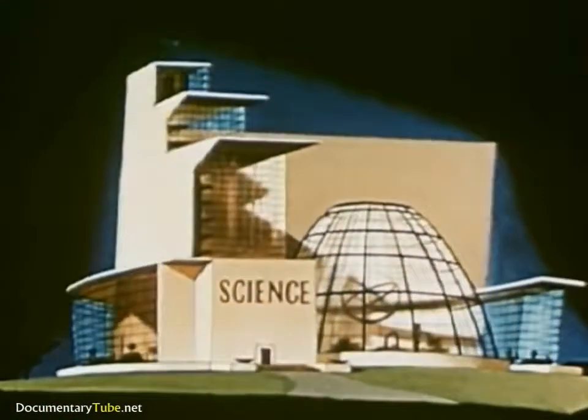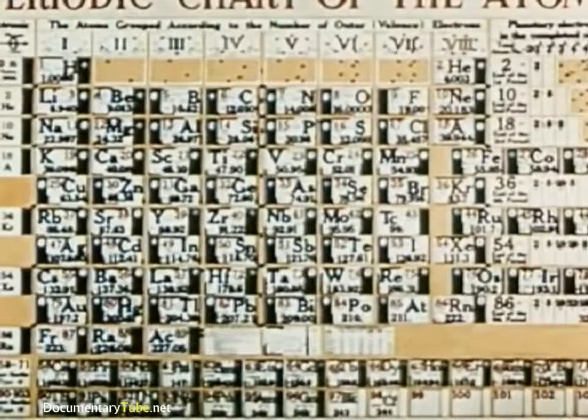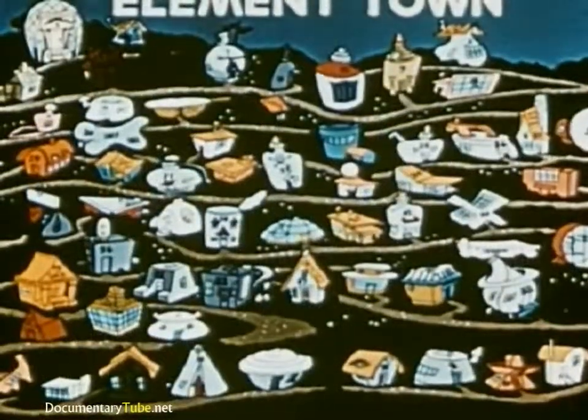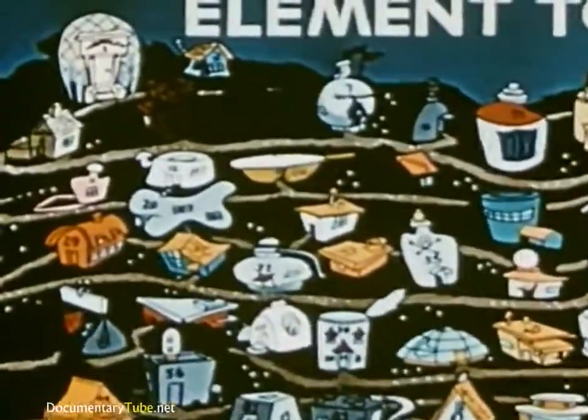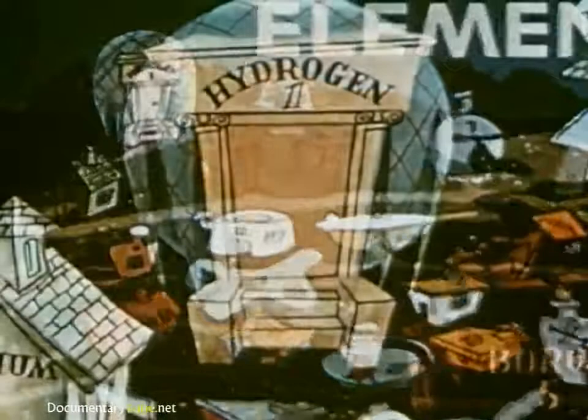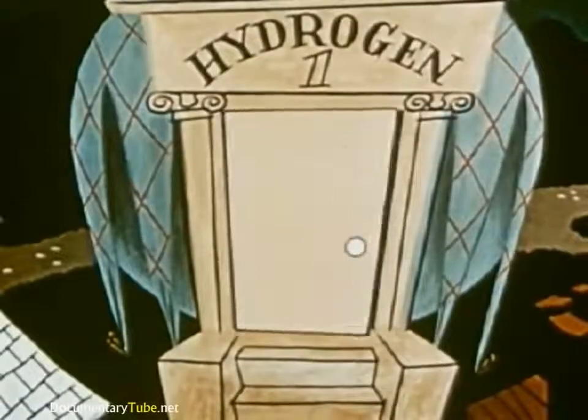Although no one has ever seen an atom, scientists know that certainly not all atoms are alike. There are in nature more than 90 basic elements, which is the science term for families of atoms. To scientists, the atoms of the individual atom families, or elements, are identified by number, that is, the number of protons or positive charges in their nucleus. And they vary all the way from